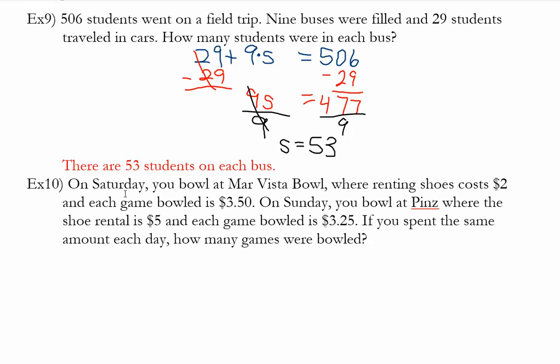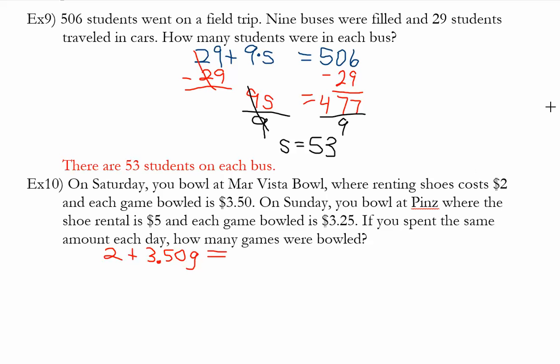All right, so let's look at example 10. On Saturday, I went to a bowling alley where the shoe rental was $2 and each game was $3.50. Think about this: how many pairs of shoes am I actually going to rent just for myself? That's 1, so that's the initial value, or constant. If I'm writing that equation, I've got the constant of $2 plus $3.50 per game. And that's going to equal, because I'm going to compare this to another bowling alley,